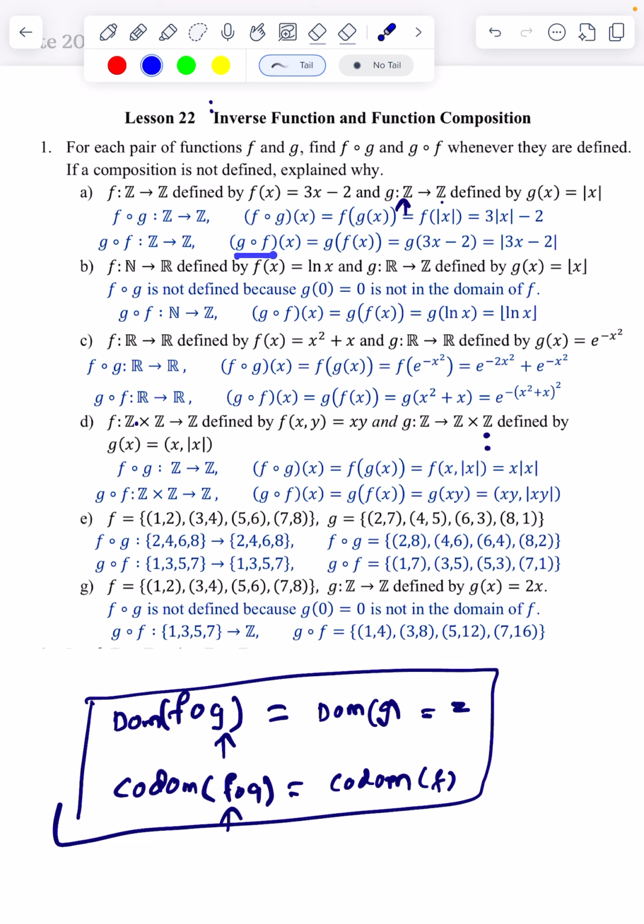Similarly we can find g circle f of x. We remove the circle and place the bracket for the function f of x, and this f of x is replaced by its rule, the right side formula, plugging in 3x minus 2 in place of f of x. Then g of something is there: in g of x, in place of x we have 3x minus 2. Similarly on the right side, in place of x we plug in 3x minus 2. That's why we got the mod of 3x minus 2. In this way we can do